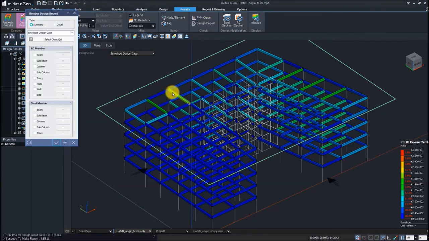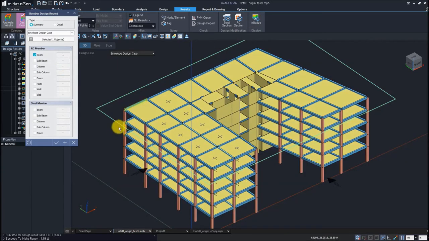So I just select one beam and column and slab. So let's see the design report for beam. One beam and one column, and we have wall, and we have slab. Okay, so we can generate the summary report or detail report. So summary report,